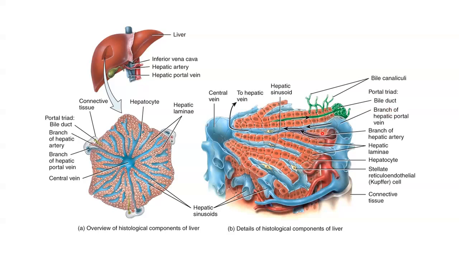At the corner of each hepatocyte is what we call a portal triad, which is like a collection of vessels. The portal triad consists of a branch of a bile duct, a branch of the hepatic artery, and a branch of the hepatic portal vein. The bile duct carries the bile, which is produced by the hepatocytes. The hepatic artery carries oxygen-rich blood to the liver. And then the hepatic portal vein receives deoxygenated but really nutrient-rich blood from the gastrointestinal tract, then delivers it to